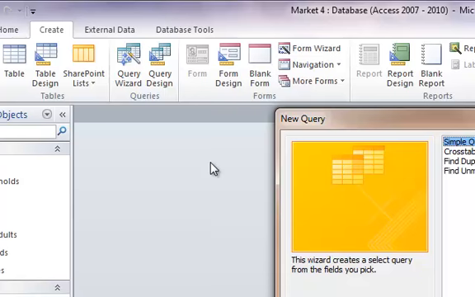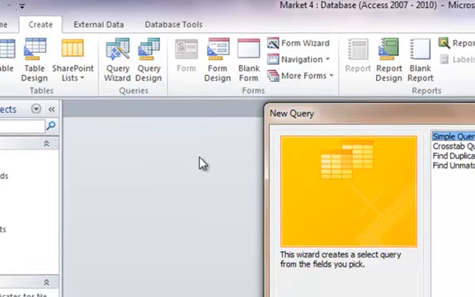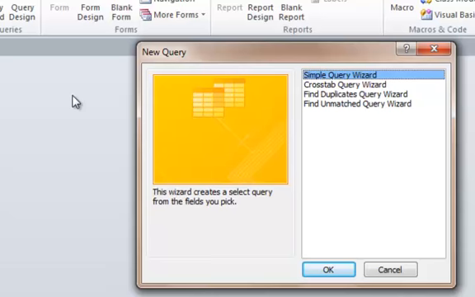And there's 4 different kinds of wizards in here. The simple query wizard is what it says it is. It's for simple queries. But at this point, you can do a much better job and much faster than going through that. But that's what it's for, people who've never used Access before. You can't do a lot with it either, by the way. It's not very powerful. The other ones that are nice to do with the crosstab query,